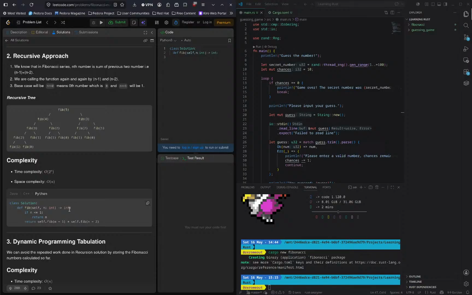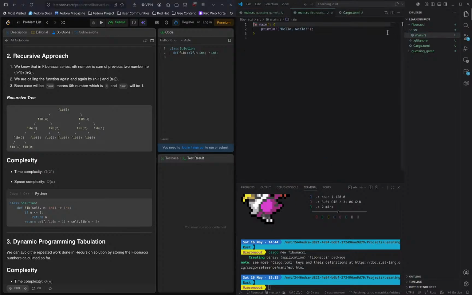But personally, I don't know. Let's create one. Int equals int. If n is less than 1, we return n. Then outside the loop,